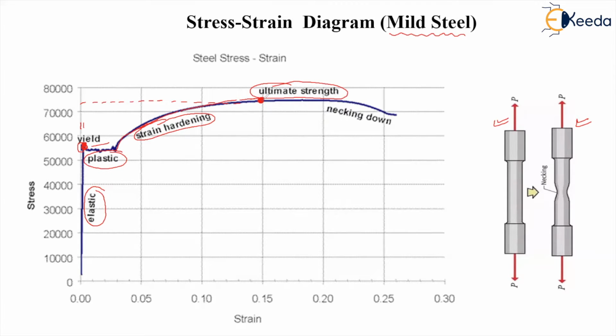And then after reaching the ultimate strength, again the straining is very large. You can say with a small load the straining is there, and without changing the load, without changing the stress, straining takes place. And that is the necking portion. When the neck starts, the area of the specimen is reduced to very small, and finally at a certain place fracture takes place, right? Rupture of the material takes place. So this is the typical curve one can obtain in mild steel tensile testing, right?